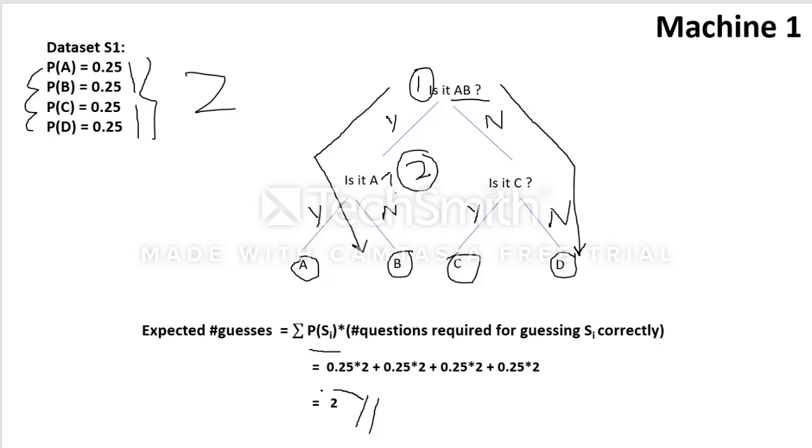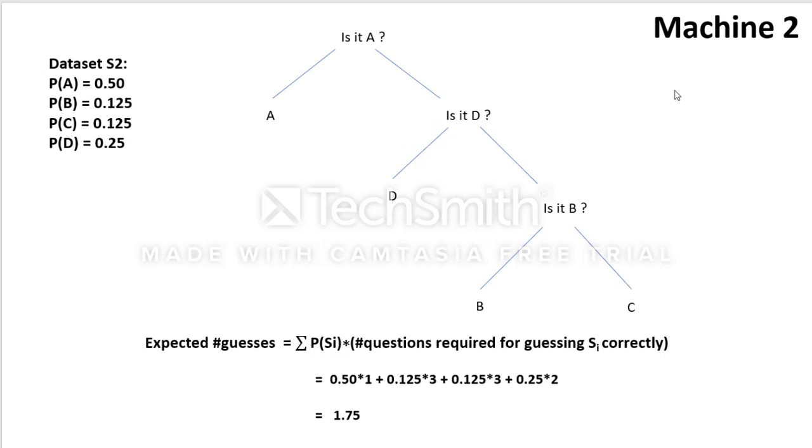This expected number of guesses is what is called the entropy of the system. The entropy of this dataset is 2. Take this machine 2, a dataset S2, which has the 4 attributes A, B, C and D, and the probabilities are given here. So if we want to find out the next number, the next attribute put out by this set,